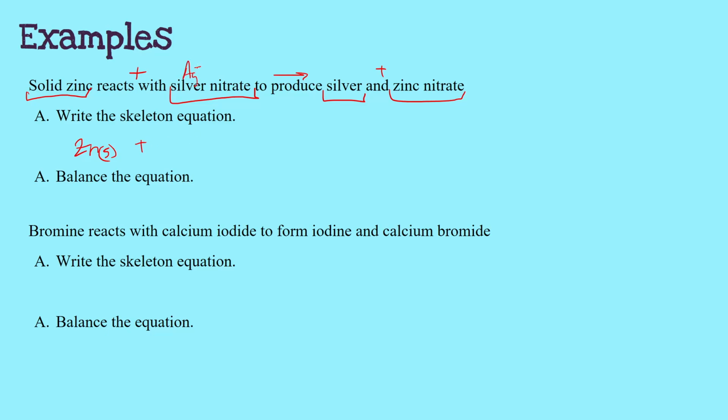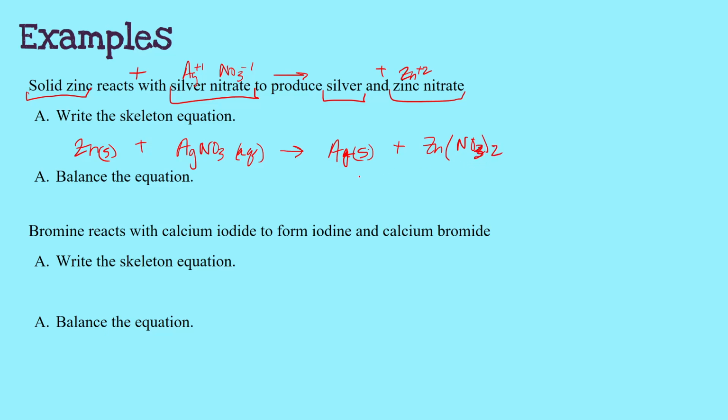Silver is Ag with a +1. Nitrate, NO3, -1. They're 1 to 1, so we're just going to write them out, AgNO3. And if I don't have my solubility chart with me, you can turn the page and you can see that nitrates are always aqueous. All right, we're going to produce silver, Ag, solid, and zinc nitrate, Zn. Remember, zinc is a +2, nitrate's still a -1, didn't change. So I actually need two